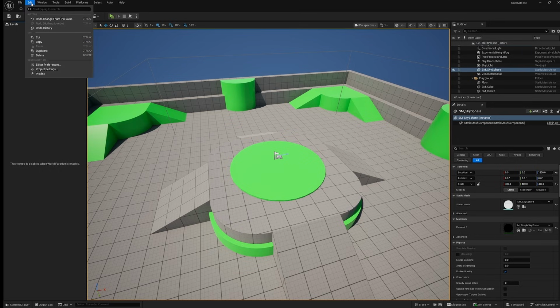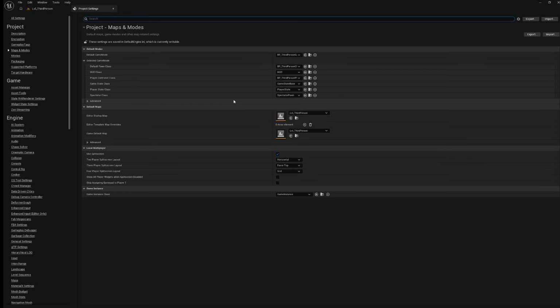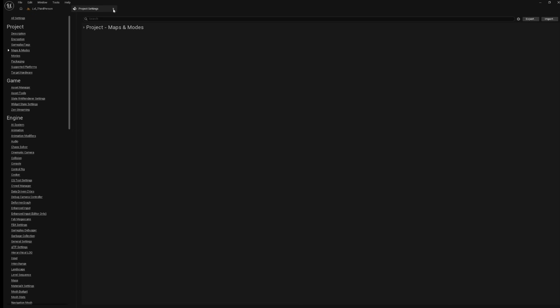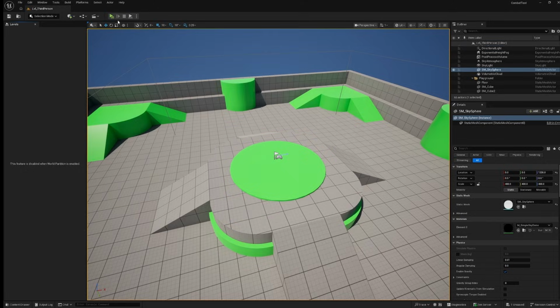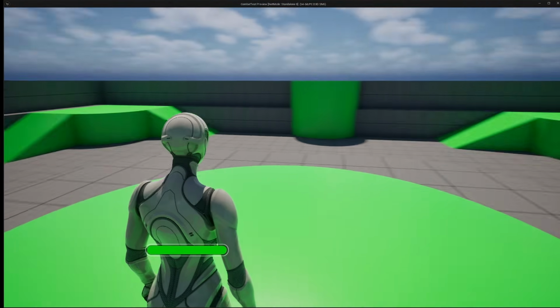There's a little setup we need to do to be able to play the combat character, so we need to go to project settings. And under our maps and modes, under the selected game mode, we need to change our third-person character to our combat character, and the controller class to the combat player controller. After that, we can close down the settings, open up the new editor window,